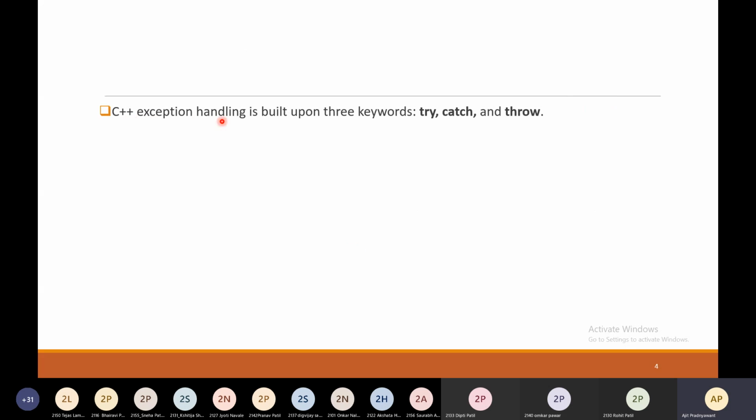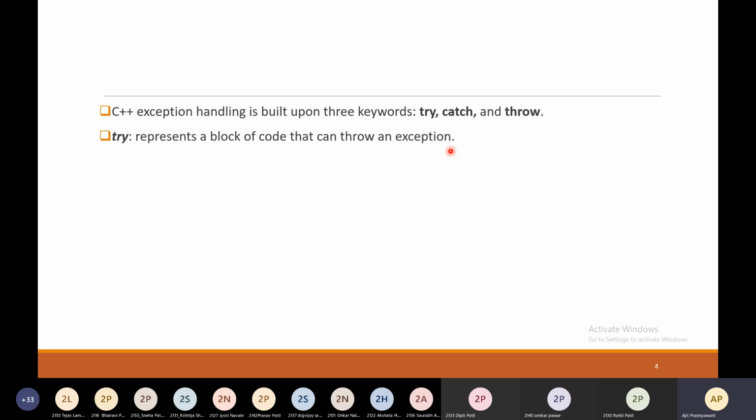C++ exception handling is built upon 3 keywords. First one is try, next one is catch, and third one is throw. Let's understand each keyword. What is try? Try represents a block of code that can throw an exception.